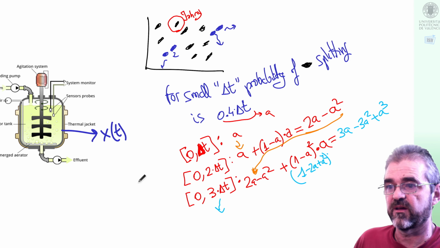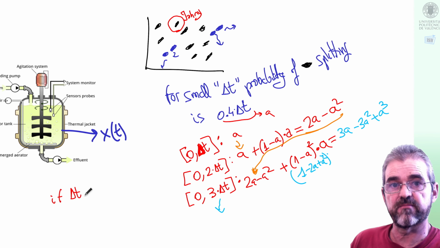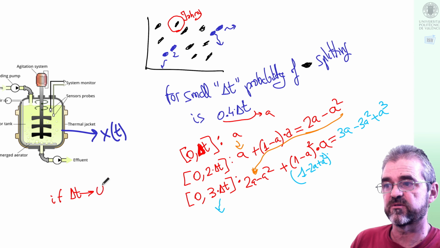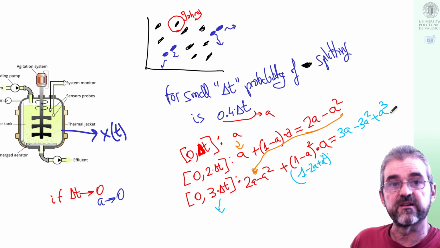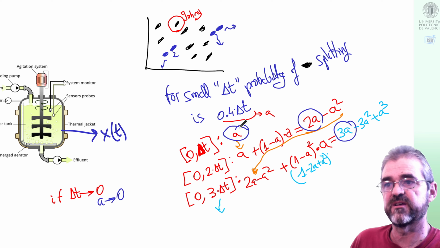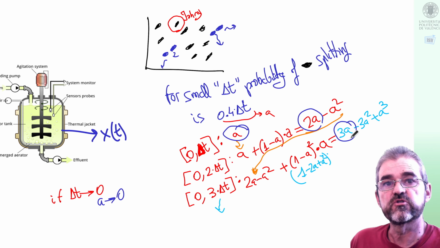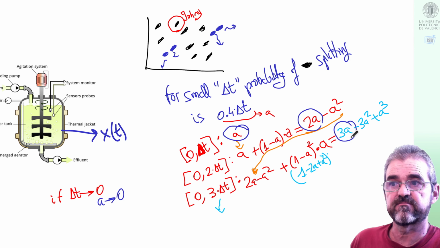But the idea is that if this increment of time, base time interval, is very small and tends to 0, then a tends to 0, so a squared, a cubed are negligible compared to just a, so the dominant term for small a will be a, 2a, 3a, so this justifies our assertion that if we think on a very